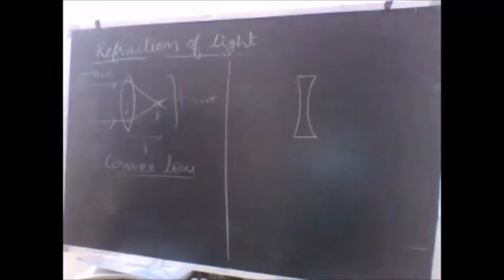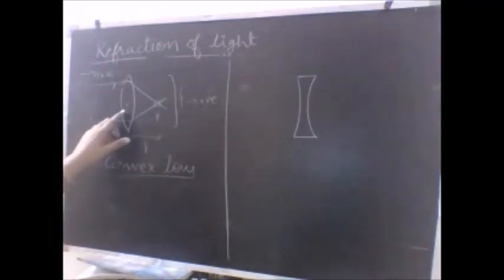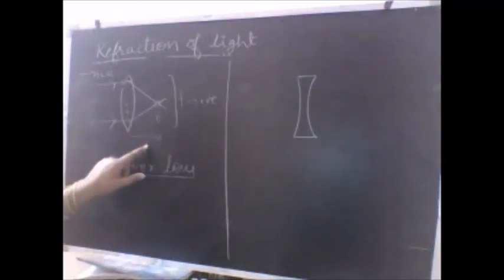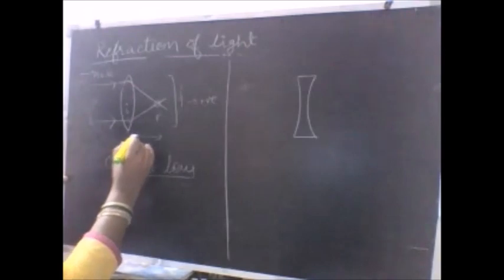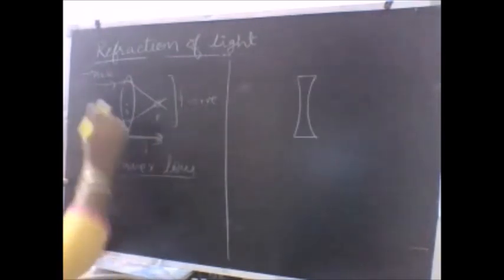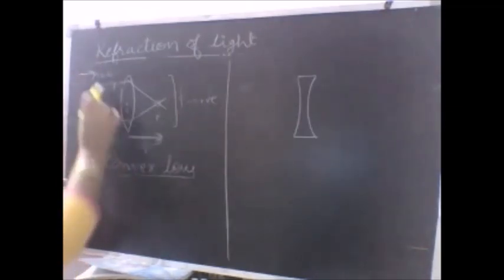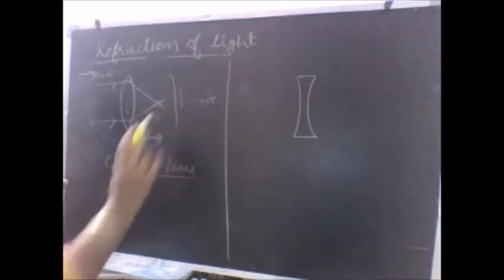Let us look at the sign convention for the focal length once again. In case you are given a convex lens and the torch is held like this, the light is going from left to right, and obviously the light rays which are parallel to each other will meet at the focus. The distance between the optical center and the focus is the focal length, and this is the direction in which you are measuring it, which is the same as the direction of the incident light ray. Isn't it that both the directions are the same? So the focal length here should be positive.